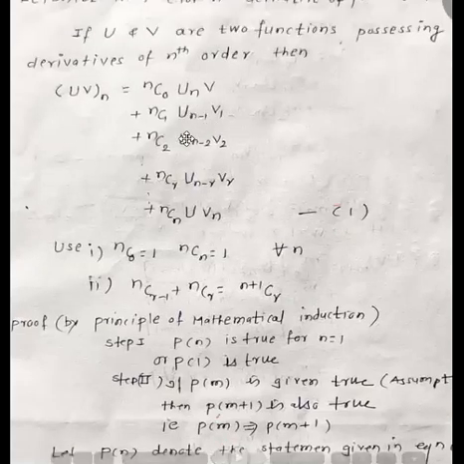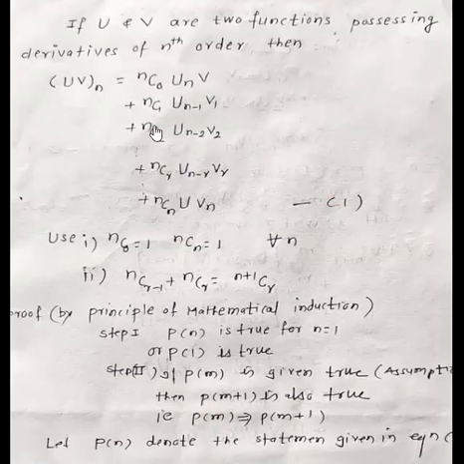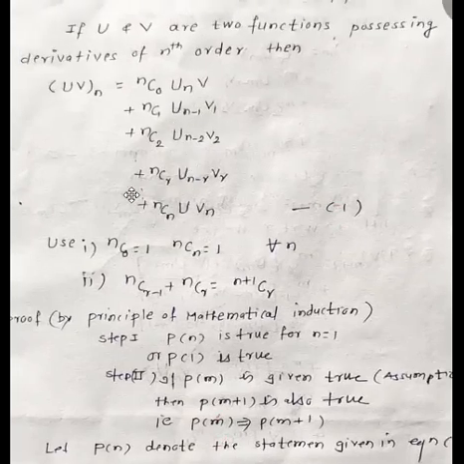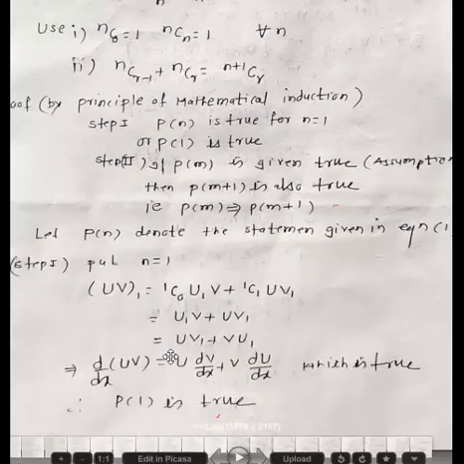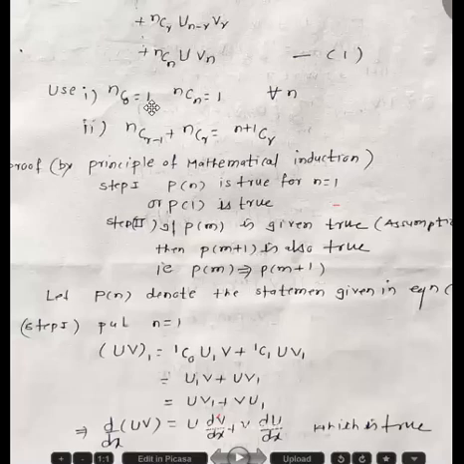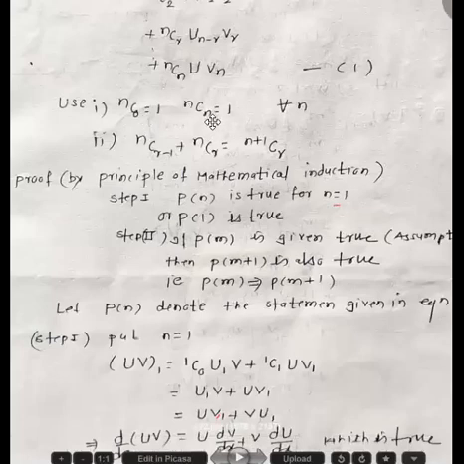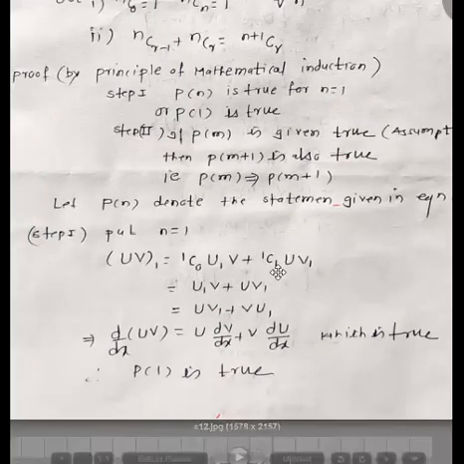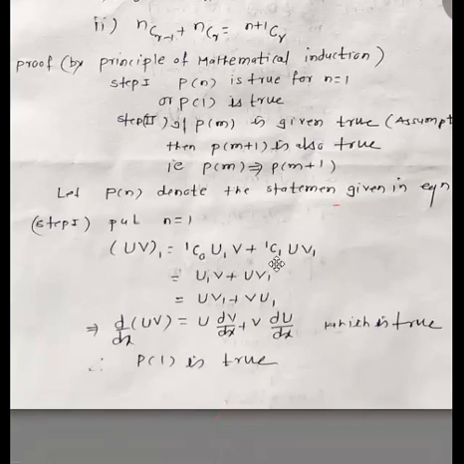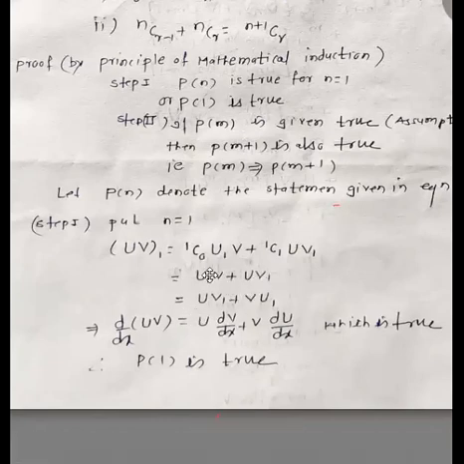Now the second term. There are only 2 terms. Put n equal to 1. U0 means the function as it is, the 0th derivative, so don't find any derivative. U into v1. So what is the final? 1c0 is 1 for any n. nc0 is 1 and ncn is also 1. That means if I put n equal to 1, 1c0 is 1 and 1c1 is also 1. So we get u1v and u into v1. Write down this term first, u into v1 here and v into u1 here.